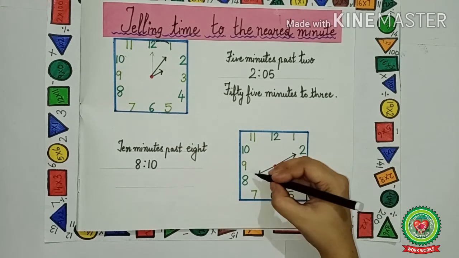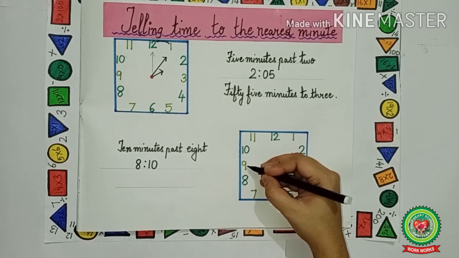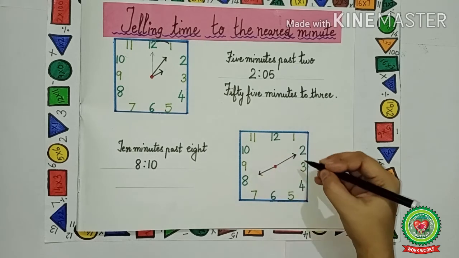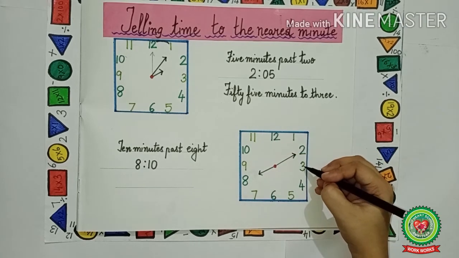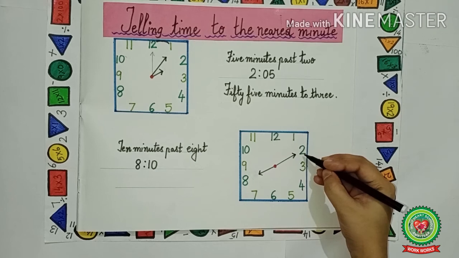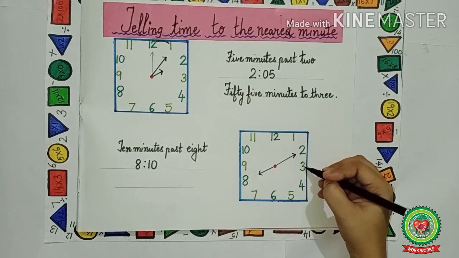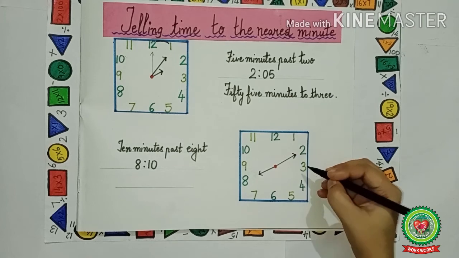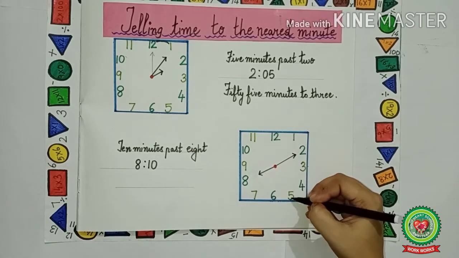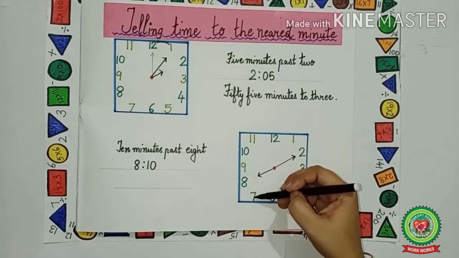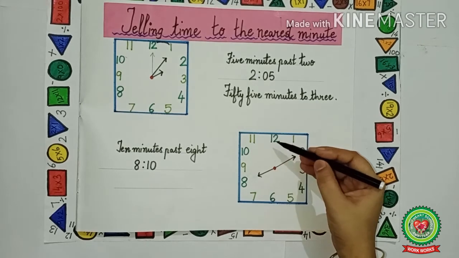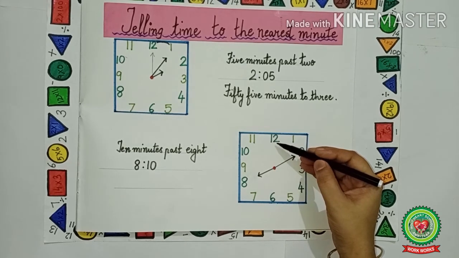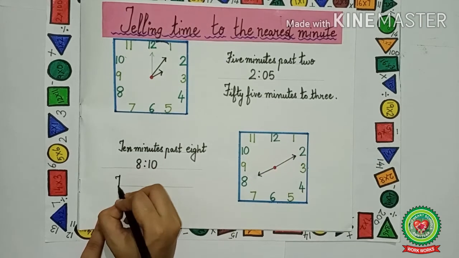Now next, how can we write it? We know that the next hour after 8 is 9. So we have to see how many minutes are left to 9. Let us count from the next number from where the minute hand is. What is the next number? That is 3. We will start counting from 3. 5, 10, 15, 20, 25, 30, 35, 40, 45, 50. That means how many minutes are left to 9? That is 50 minutes. So we will write over here 50